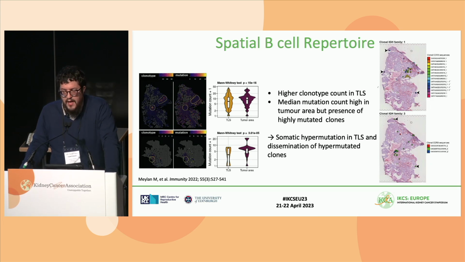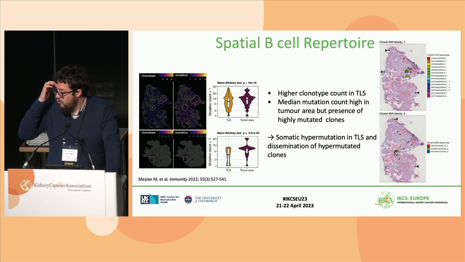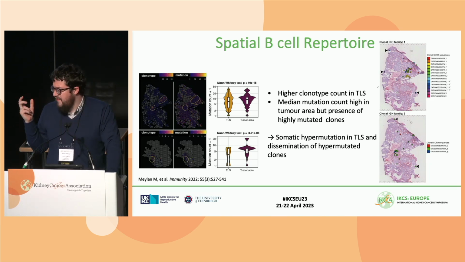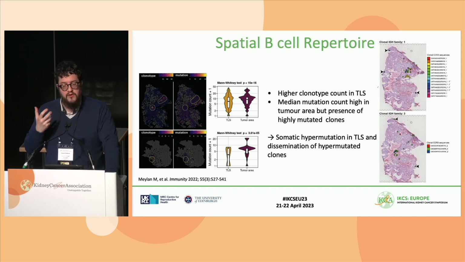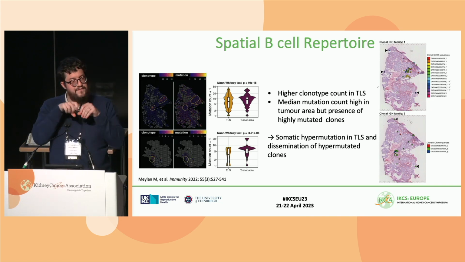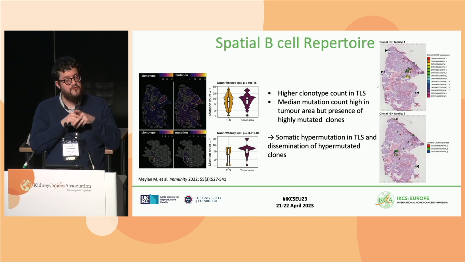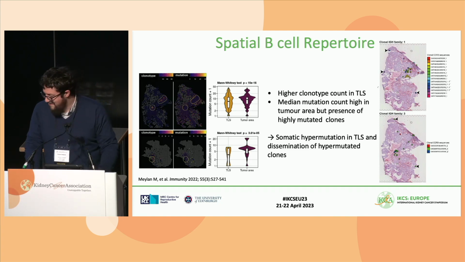On the right of the slide, these are the same clone family that are represented. We didn't expect to be able to see it, but we were lucky enough to see that. Each of those images is one different clone family, and we see that we have those two clone families that are highly represented where the tertiary infrastructures are. But we also saw clones from the same family, so very, very close B cell receptors, coming from the same clone, just with a different mutation. So we really see that we have this dispersion of clones selected inside the tertiary infrastructures throughout the whole tumor.